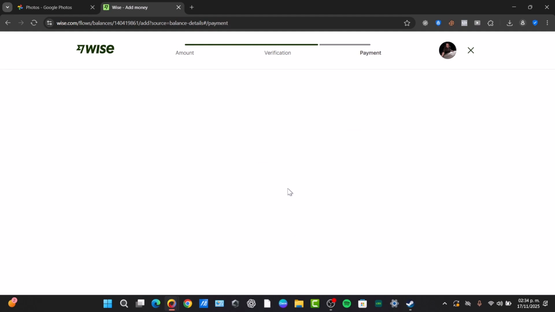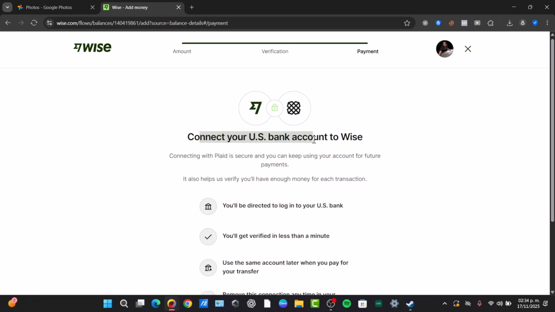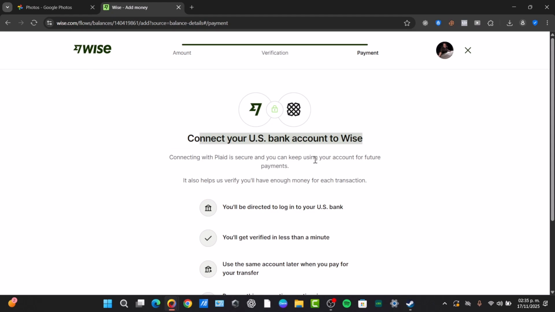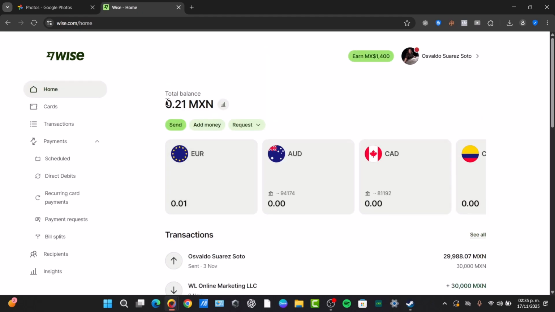This will send you directly into the verification and the payment element, which in this case shows how to connect your US bank account into Wise. Go for the instant verification, and your account will do 2 things: 1, the verification process, and 2, the actual transaction of the money. Once you have this element added, you should see your actual balance now appearing here. The cheapest and most common option, as almost everybody does, is the bank transfer,